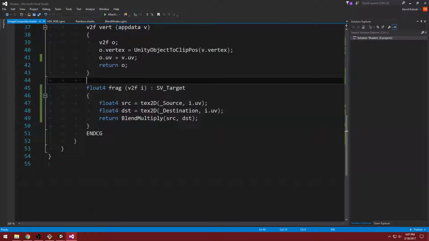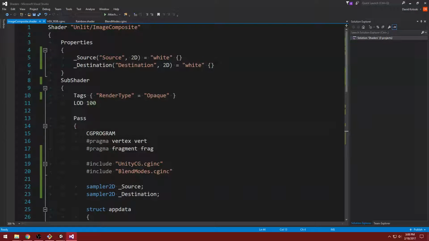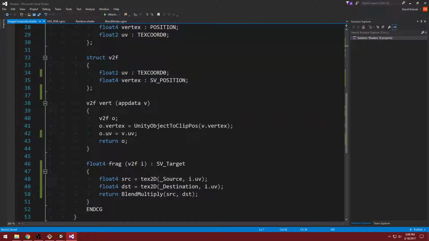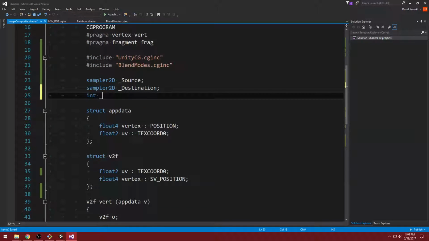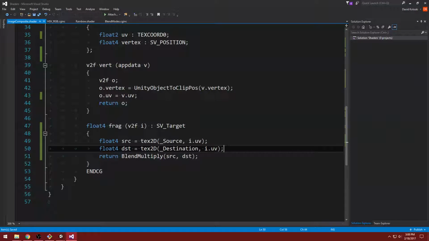So we've got all these cool blend modes. We want to try them all out. We can make a pretty simple integer in here of blend mode. And we'll make that an int. It has to be int. We'll start that at 0. And then in here, same thing, we'll do int blend mode. And then all we have to do is say